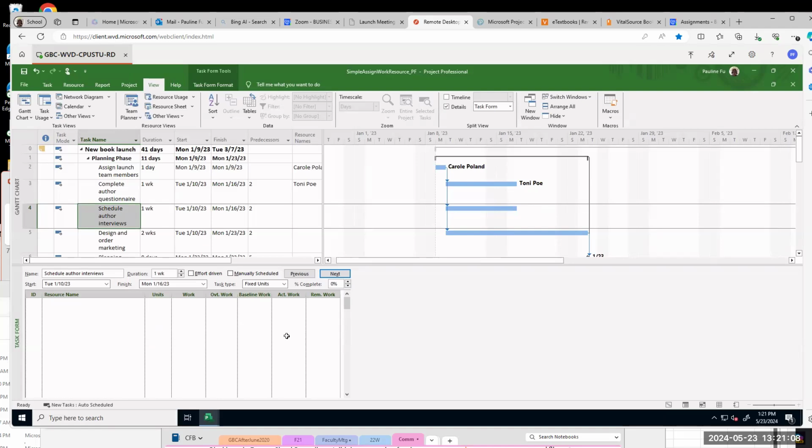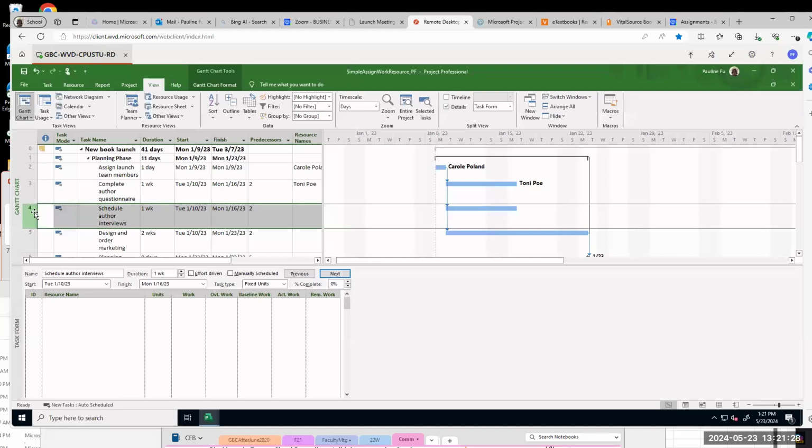Now step 5. We need to assign Juncao to task 4. So select task 4.